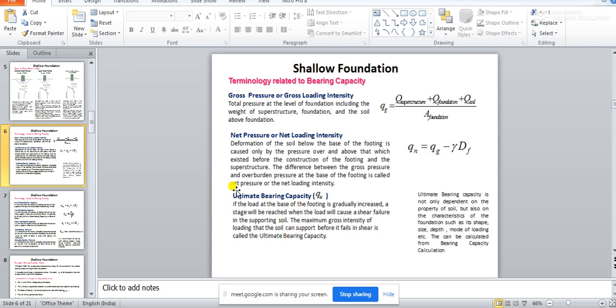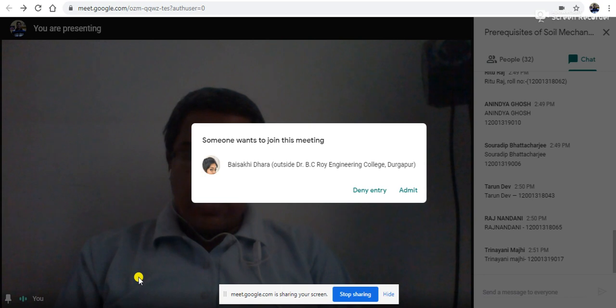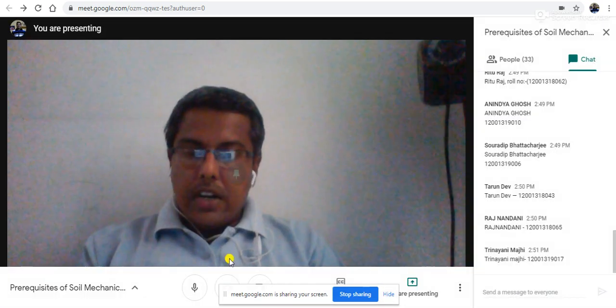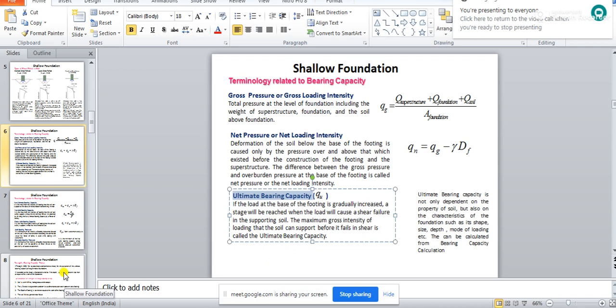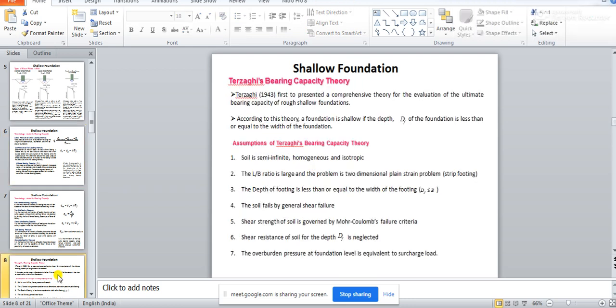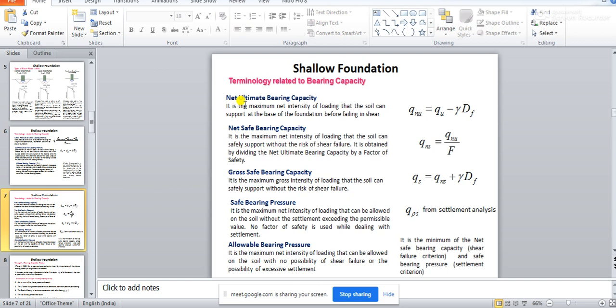Now, if we go a little forward, depending on this ultimate bearing capacity value, there are some more definitions you need to understand, and those definitions are very important. You must remember these terminologies. They look very similar to each other. However, you need to remember them separately and properly, because they are similar but they have differences. So after ultimate bearing capacity, we are going to understand another term,